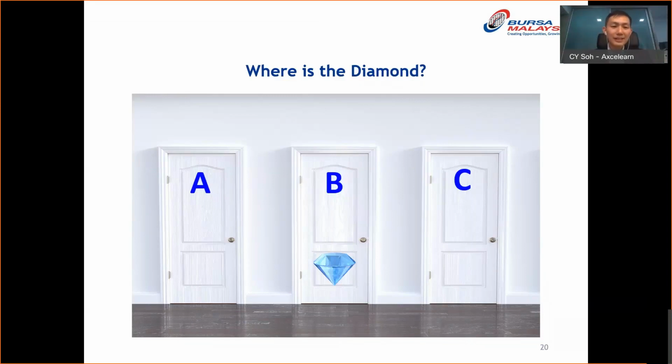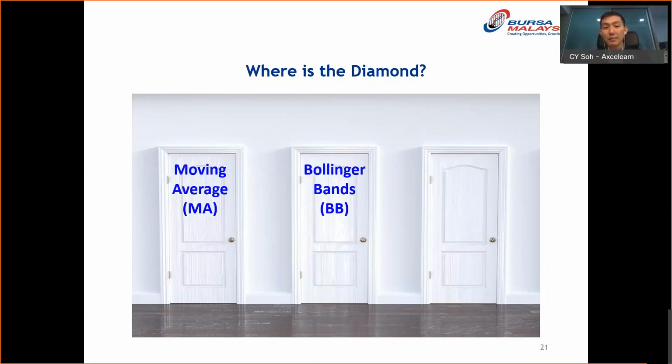Now, let's say I were to replace all of these doors with respective indicators. Door A is represented by the moving average, door B by Bollinger Bands, and door C by MACD. Again, take a guess. Which of these doors has the diamond? Is it MA, BB, or MACD? Later I will reveal the answer, and we will see which indicator actually performs the best over